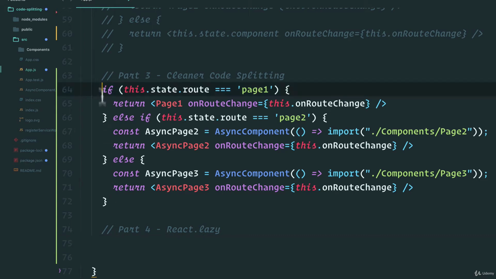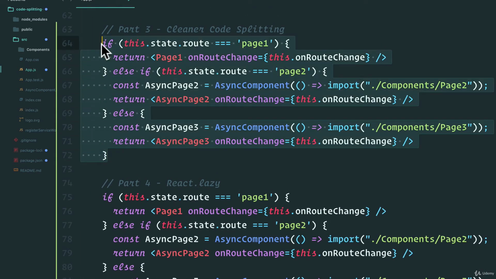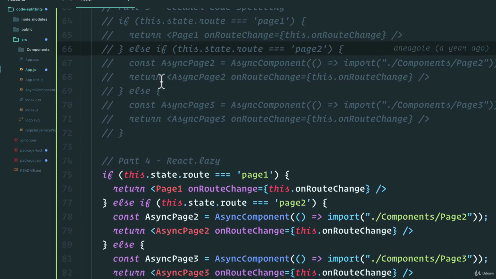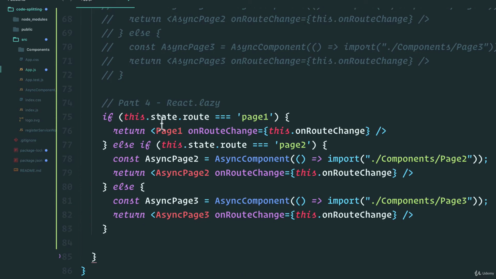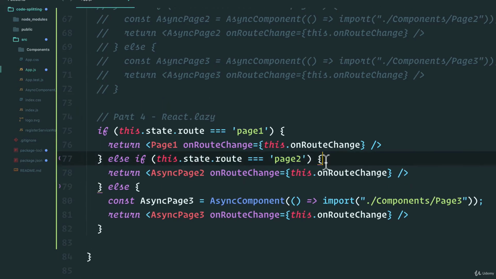And we're going to copy this and show you the difference. So if I copy and paste, there we go. We don't need an old async component way of doing things. Now in here, we no longer need to use this async component. So let's just remove this line because we're importing